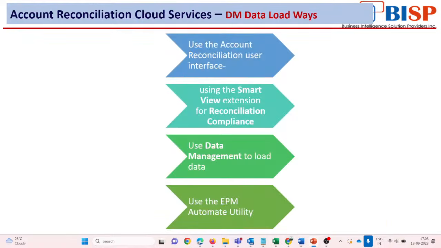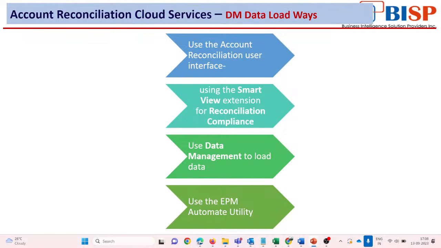Under the user interface, we first create a profile, and then in the period we load the data for reconciliation purposes. The steps are similar here,